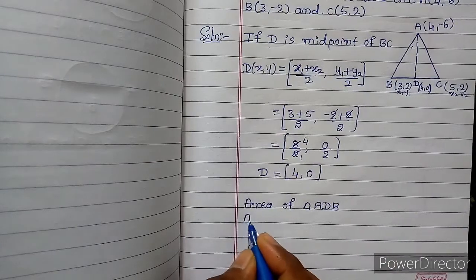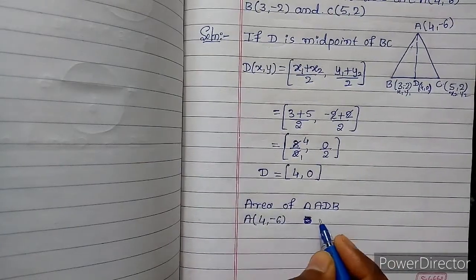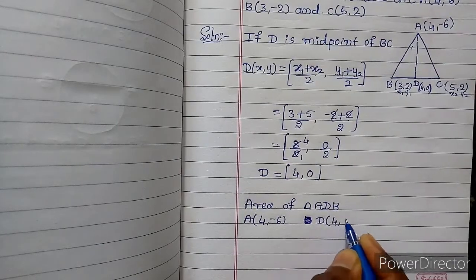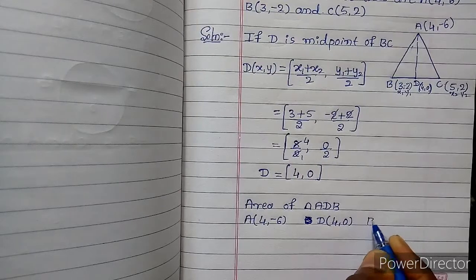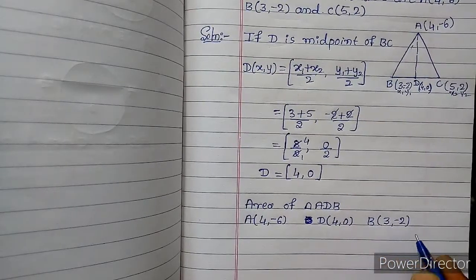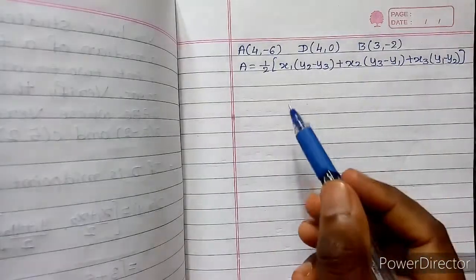A coordinates are 4 comma minus 6, D coordinates are 4 comma 0, and B coordinates are 3 comma minus 2. Then write the formula of area of a triangle,